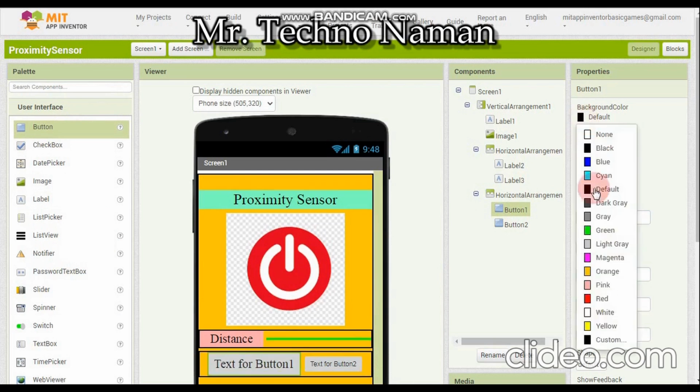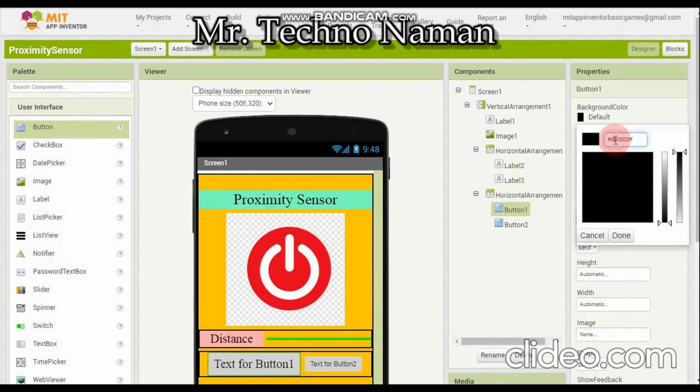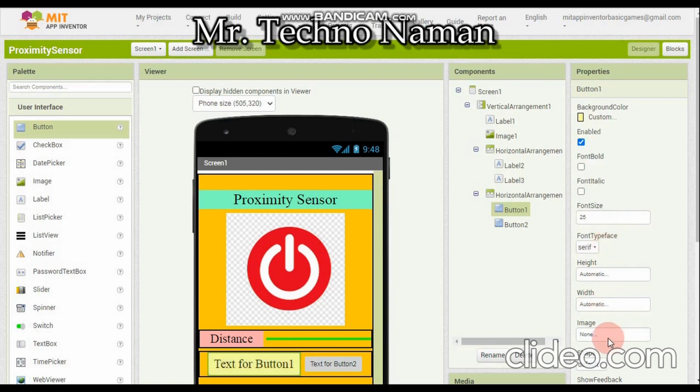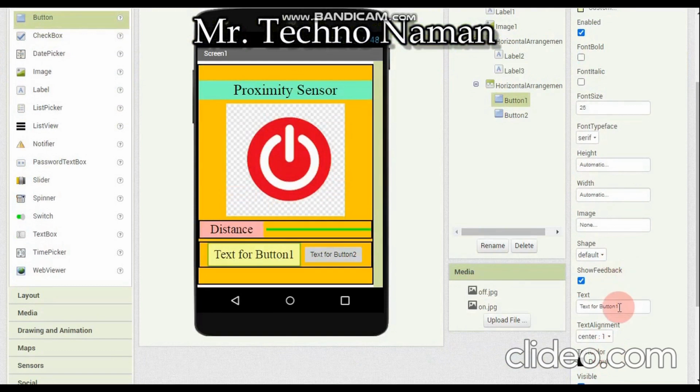Now go to background color and we'll choose a custom color. Just remove 2 zeros so that you get these colorful colors. And then we'll choose somewhat like peachish color. Yeah, over here. And click on done. So the color is somewhat nice. And we'll add the text. We'll keep the text as OFF. And just rename the button to off so that while doing the blocks you don't have any confusion. And we'll keep the width as 25%. So don't need to keep the text alignment to center because by default it happens like that.